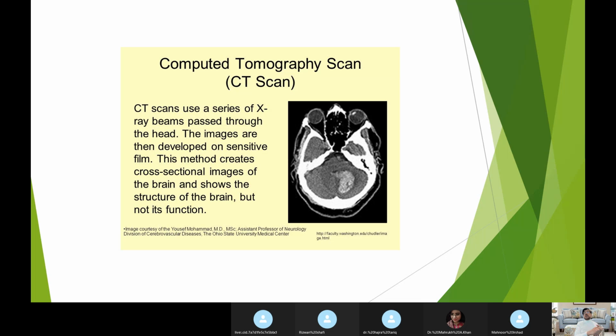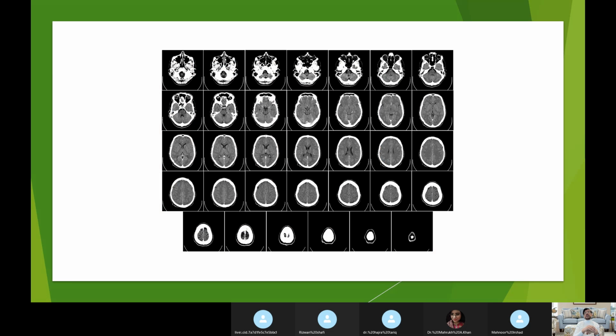So CT scans use a series of X-ray beams that pass through the head. The images are developed on sensitive film. This method creates cross-sectional images of the brain and shows the structure of the brain and not its functioning. The most important part is that when you get a CT scan in the exam situation and the examiner asks